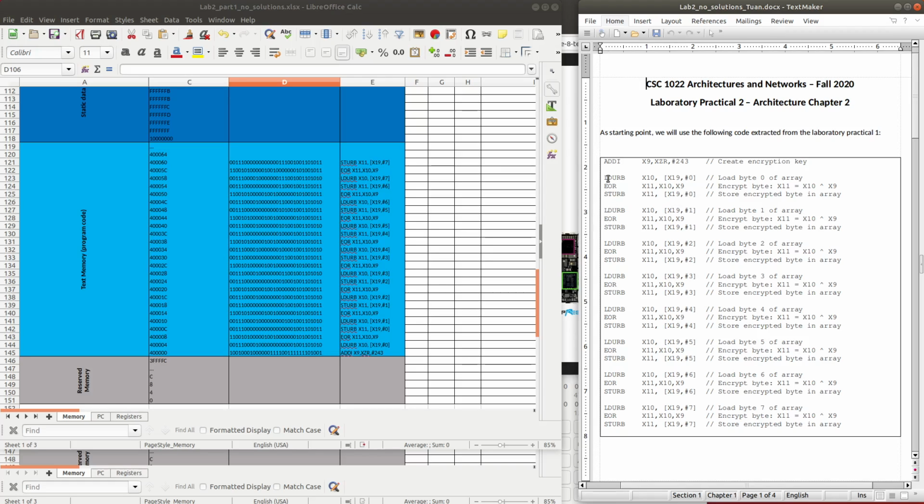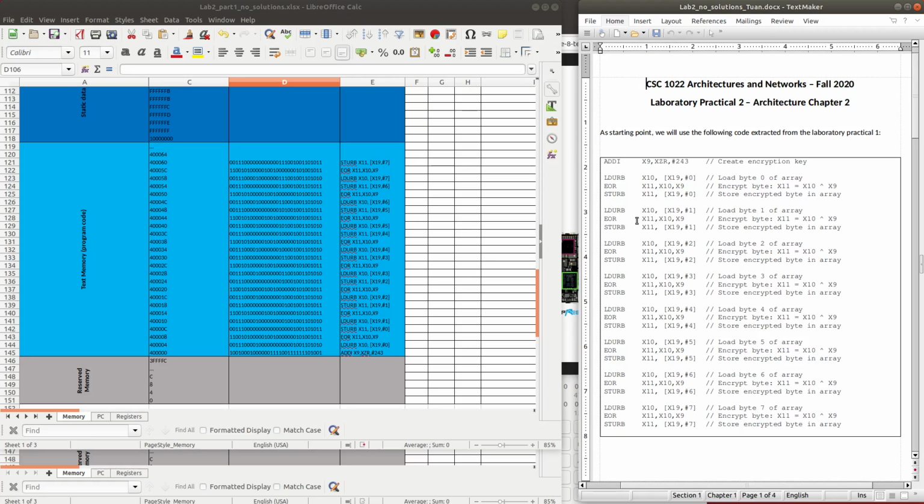Similarly, after these three instructions, the next three instructions will read the second value in memory, the value at offset 1 from X19, into X10, encrypt it by exclusive OR with X9, and then write the result into X11.